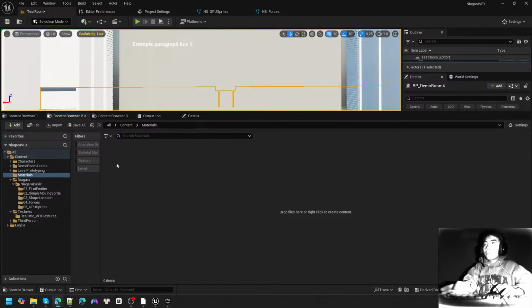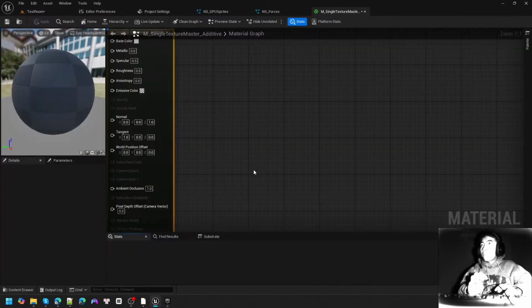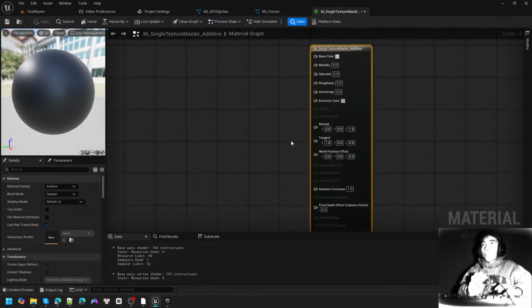This will be the master material for all the future VFX that we're going to create, if that VFX will be used as a texture parameter. In this material,